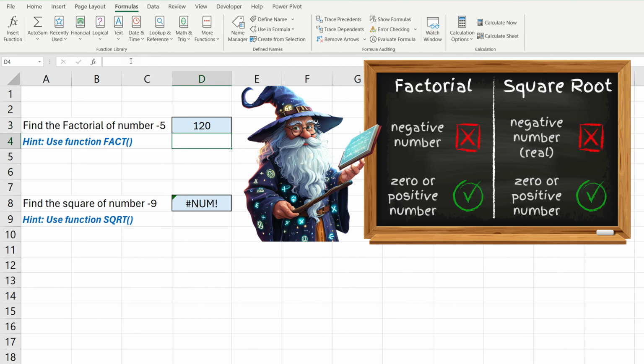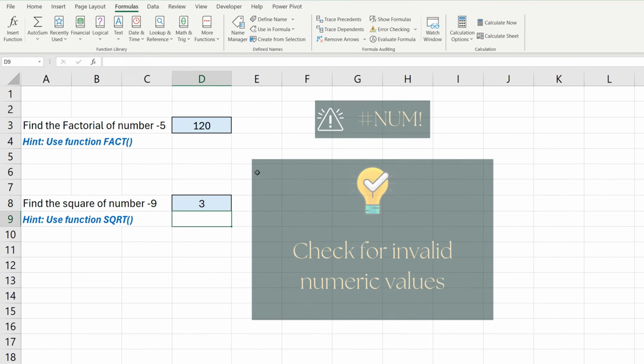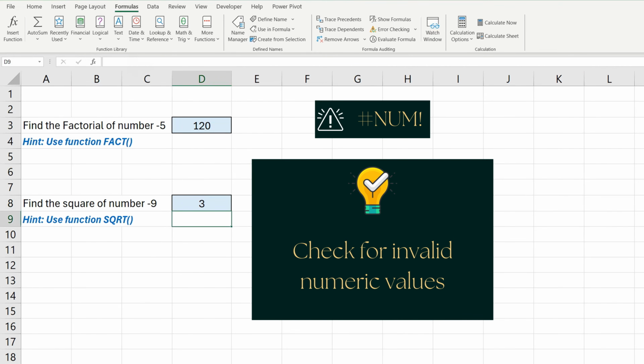However, Excel only works with real numbers, so the square root function cannot accept negative inputs. Again, the input was incorrect, so let's calculate the square root of 9 instead. The result is 3. So when this error occurs, we must check the numbers of formulas and make sure they are valid.